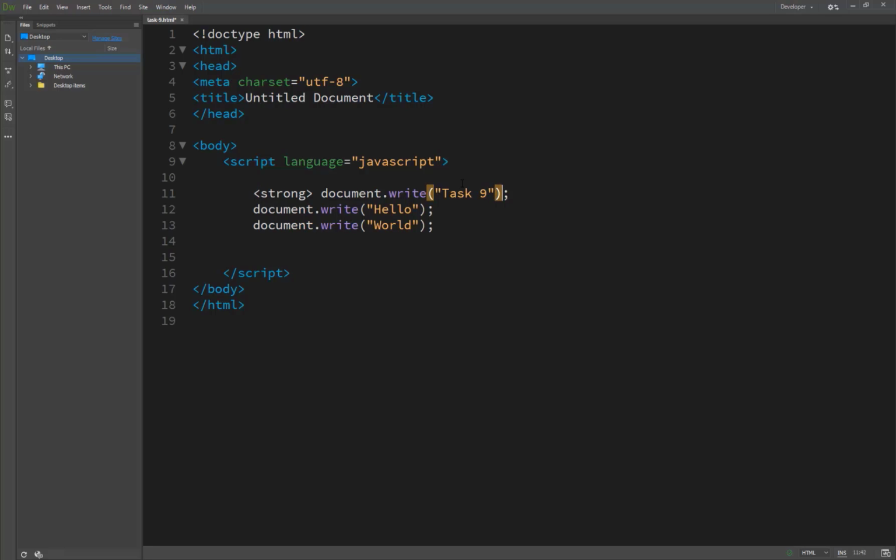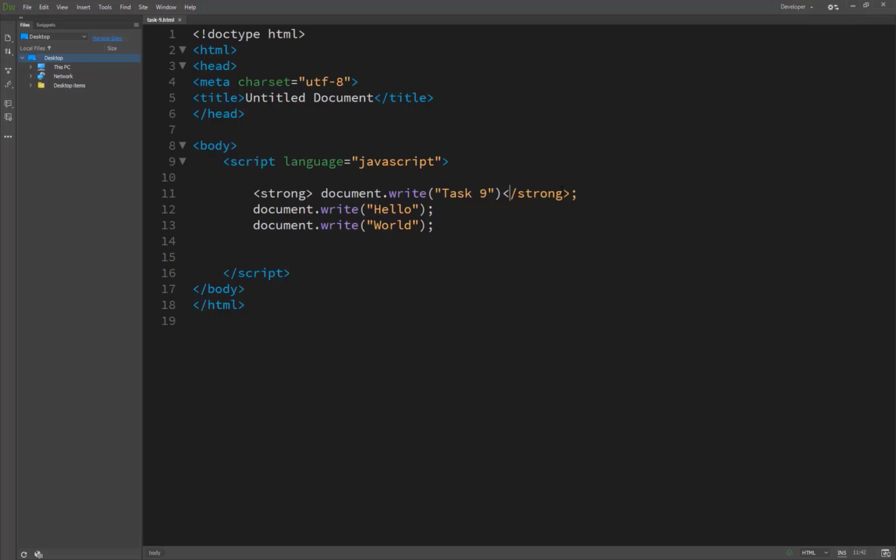But guys, if you are using JavaScript code outside of your task, or you want to apply it on this task 9 but mistakenly write it outside of your string value, it can't work. It catches an error and our program is not running. So you must write inside your brackets.